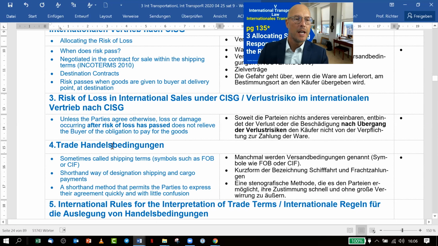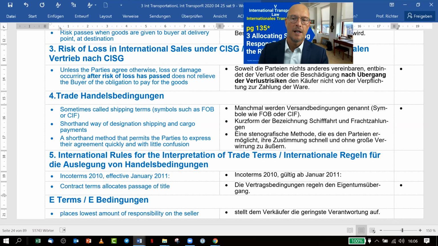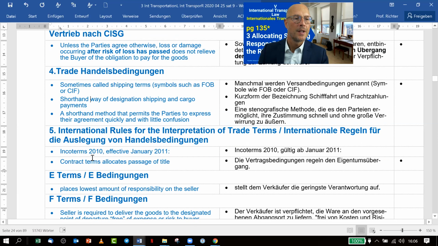But sometimes we have trade terms, shipping terms, and in these shipping terms we find symbols like FOB and CIF. These are shorthand ways of designating shipping and cargo payments. This is a shorthand method. It permits the parties to express the agreement quickly and with little confusion. But of course, these Incoterms are very important. These are the international rules of interpretation of trade terms, from 2010,